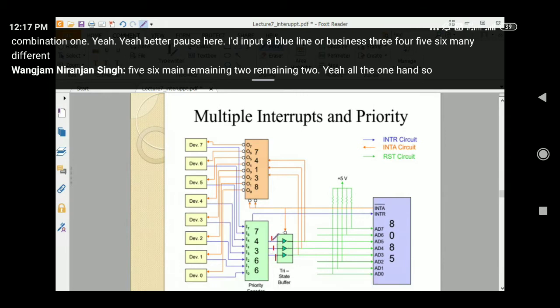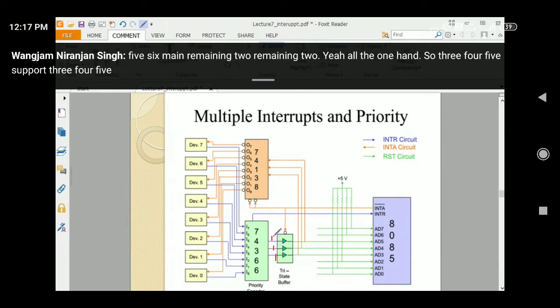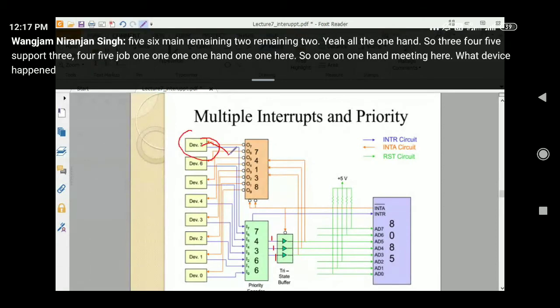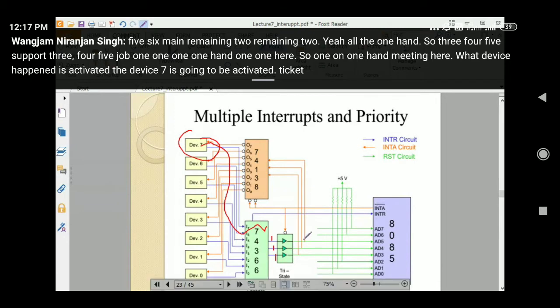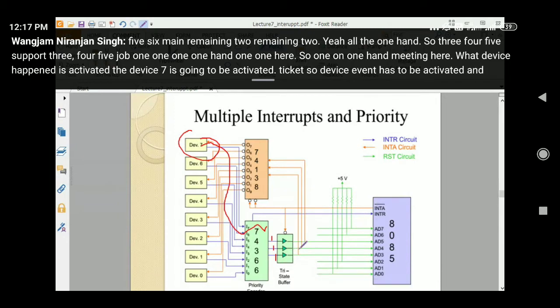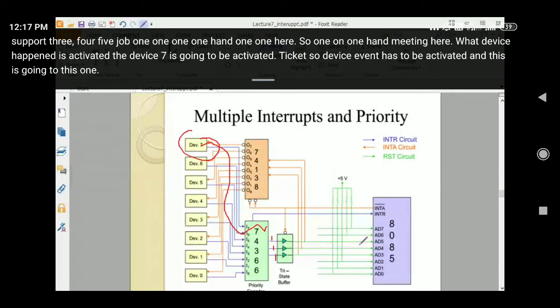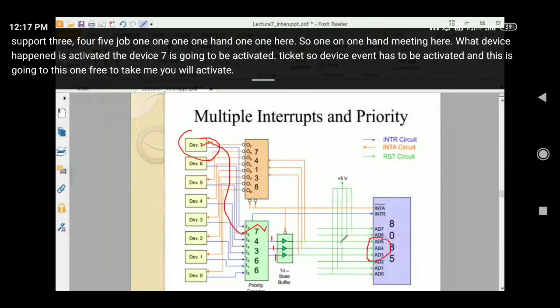So 3 4 5 suppose 3 4 5 जो भी है उसमें 11 है, तो 11 है meaning है it is nothing but device 7 is activated. So device 7 is going to be activated. ठीक है. So device 7 has been activated and it has gone to this one 3. तो देखो इधर 3 4 5 में ये वाला एक्टिवेट करेगा. बाकी remaining 6 7 0 1 2 3 is automatically 1.